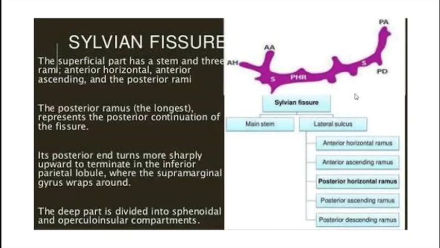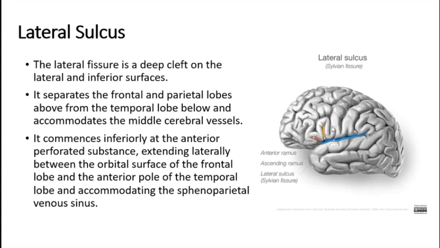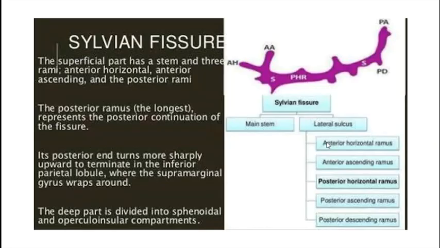So, a Sylvian fissure, let me tell you here, a Sylvian fissure or the lateral sulcus is divided into the following parts. These extensions are called rami, and the rest of the Sylvian fissure is also called a ramus. Let's just see what their names are. The Sylvian fissure, the lateral sulcus, has an anterior horizontal ramus. You can understand that. Anterior ascending ramus, the one which projects upwards, and the rest of the Sylvian fissure is called the posterior horizontal ramus only.